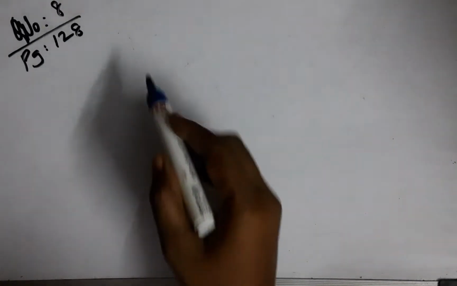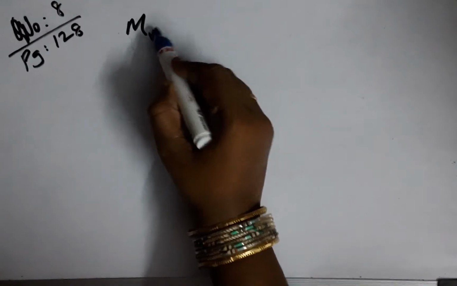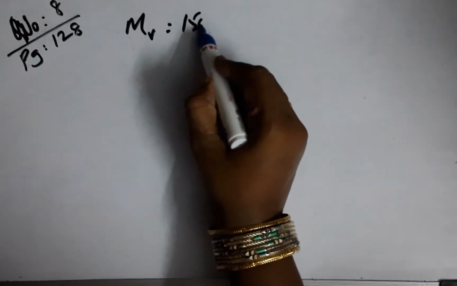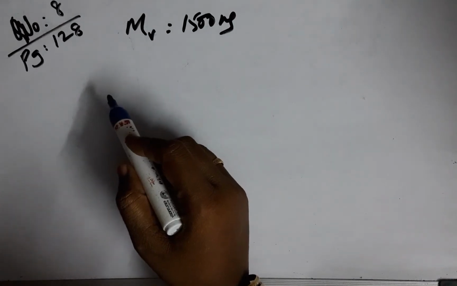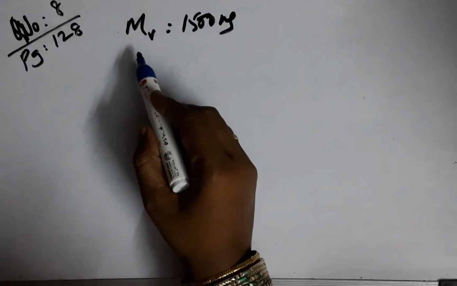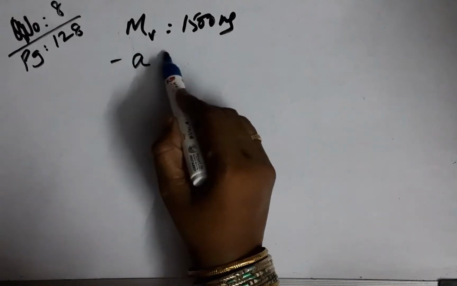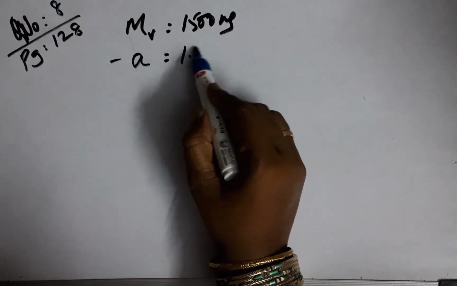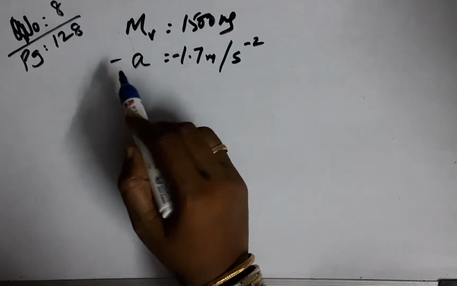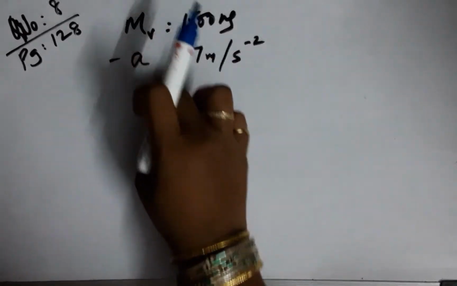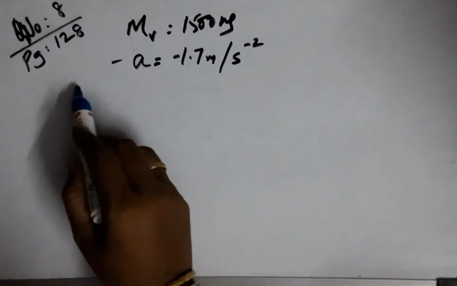Eighth question goes on to say an automobile vehicle has a mass. The vehicle mass is 1500 kg. What must be the force between the vehicle and the road if the vehicle is to be stopped with a negative acceleration? Negative acceleration is nothing but retardation or the braking force. It stops the vehicle ultimately, and now we are being asked to find the force.